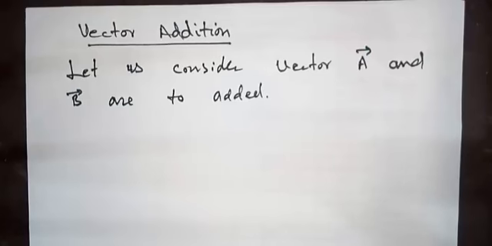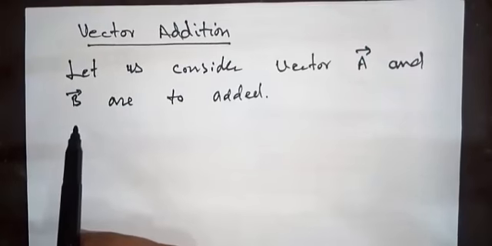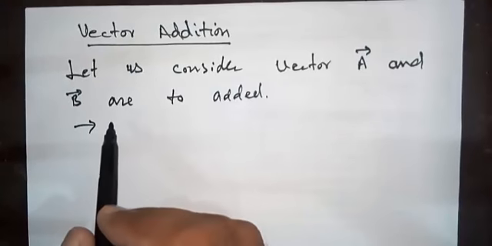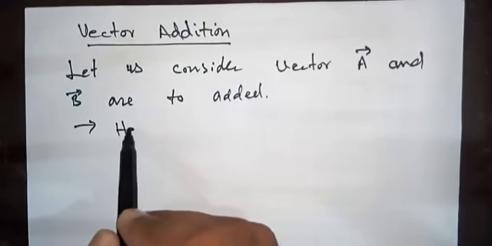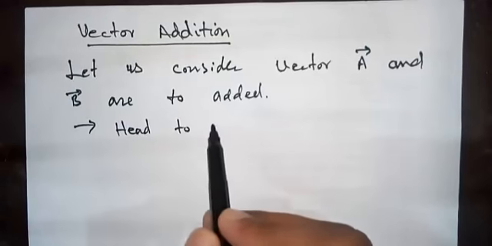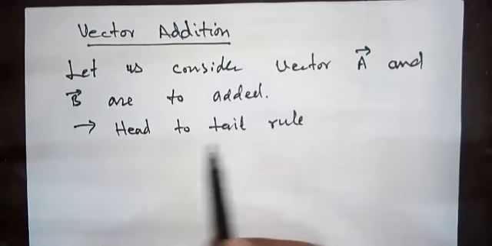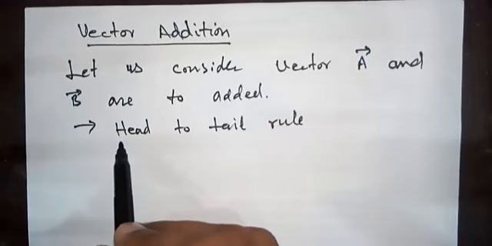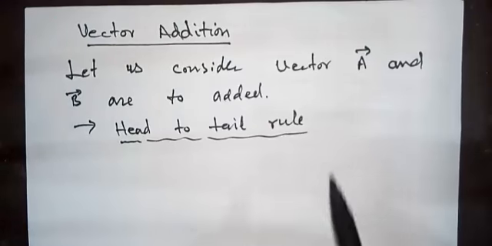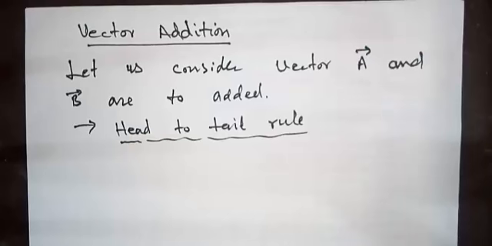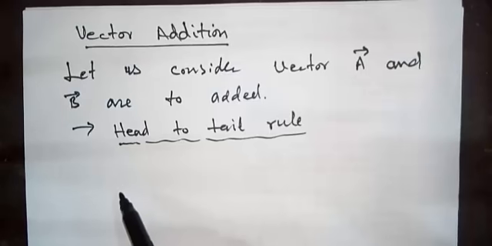So there are several methods. First of all, we will talk about the head to tail rule. This is the most commonly used method, and the students are very much known about this method, that is head to tail rule. So if the vector A is represented